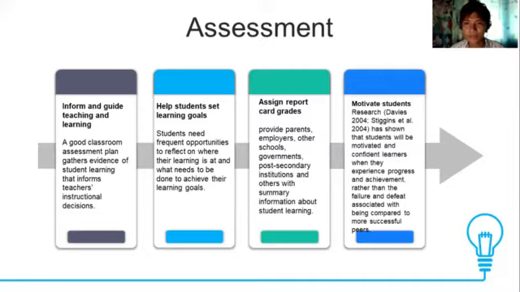Next, motivate students. According to research by Davis 2004, Stiggins et al. 2004, students will be motivated and confident learners when they experience progress and achievements, rather than failure and defeat associated with being compared to more successful peers. So,